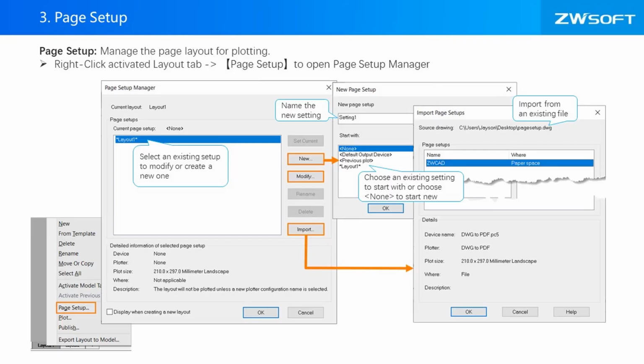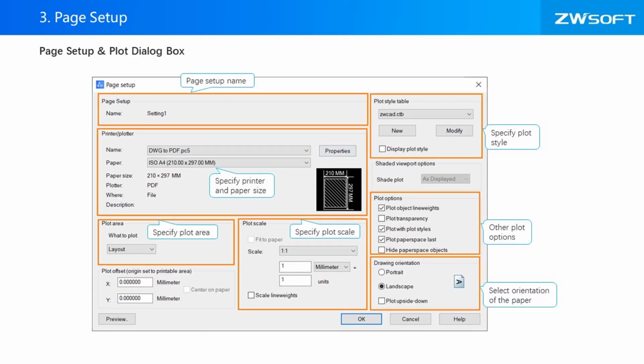In ZWCAD, you can manage the page settings of the layout sheet for plotting with Page Setup Manager. You can either create a new page layout or modify existing layout, or you can import a previous layout file. In Page Setup, you can set the page layout and the plotting profiles for the layout sheet. You can specify the printer and the paper size for the sheets and plotting, and you can set the plot